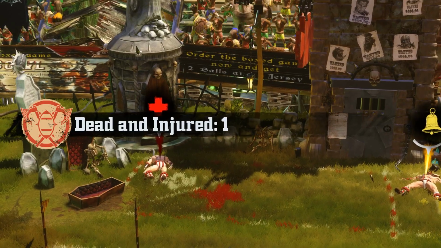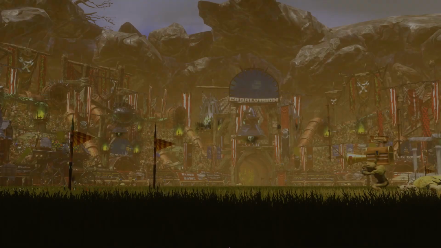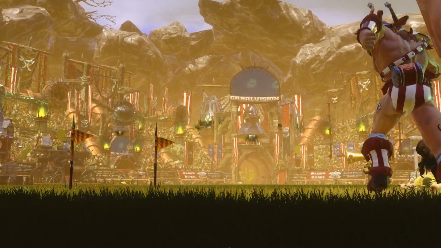Only one of my players gets injured. They have plenty of substitutes. Both their KO'd players recover. Now the big question is, what is going to happen with the bribes? What is going to happen with